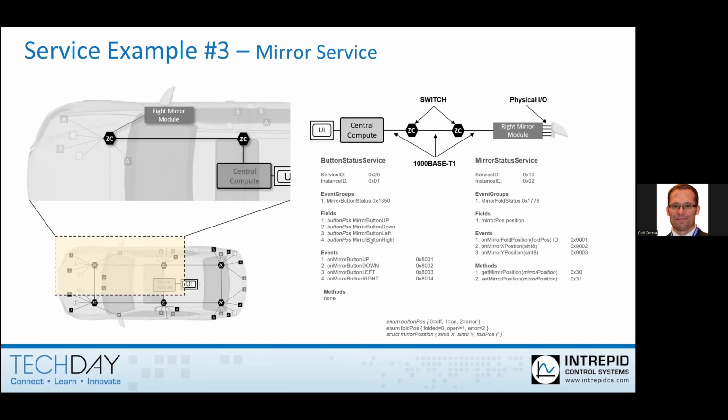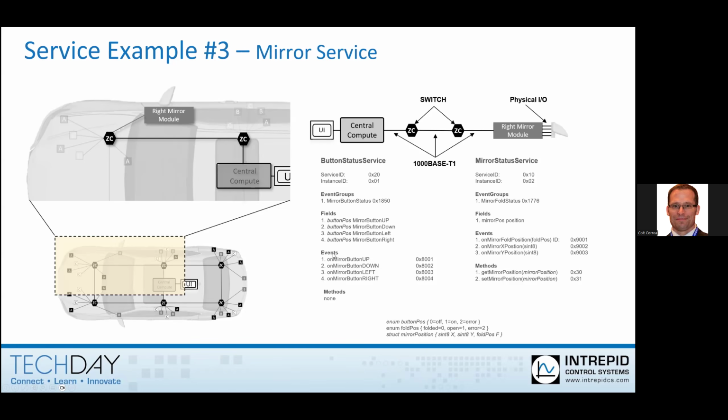of this event group. And then we have fields. Fields, like I said, that's our data. And of course, in our particular example, we don't want it to be very simple data. We want to show that we can do enumerations and structures. So in this case, the fields themselves, the data, is our structure. So this is a structure. Its members are mirror button up, mirror button down, left and right. And if we look at the button position, it's either on, off, or error. For example, actually, this is just a simple enumeration.